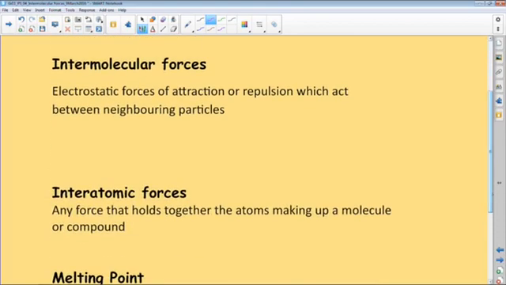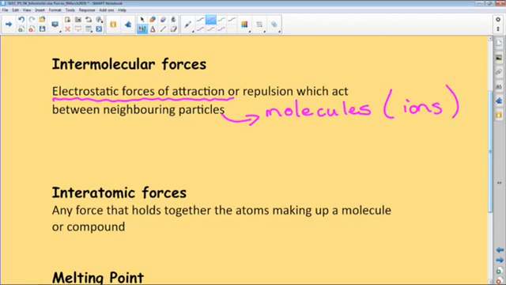So we'll start with intermolecular forces. These are electrostatic forces of attraction or repulsion which act between neighboring particles. Now, I just want to draw your attention here where it says particles, we are meaning molecules, and sometimes we mean ions. Okay, so we're not speaking about atoms specifically here, we're talking about molecules or ions. And the second one,